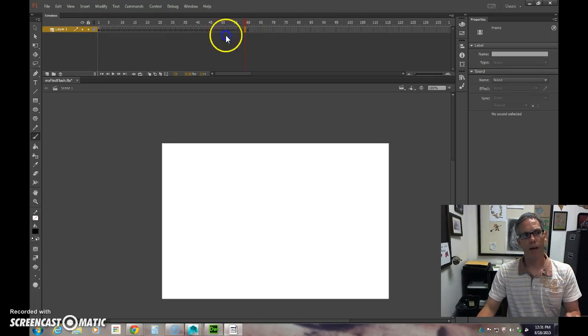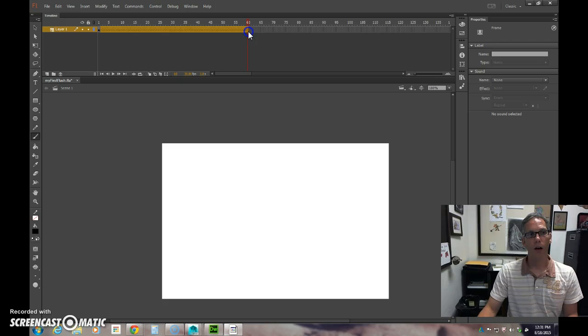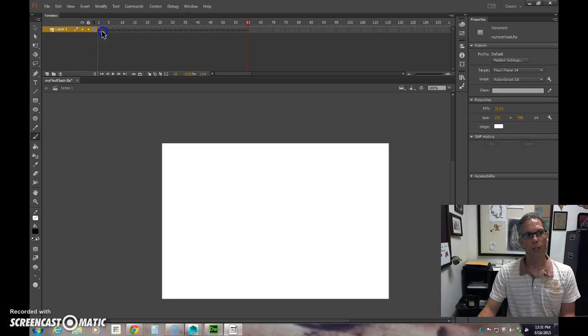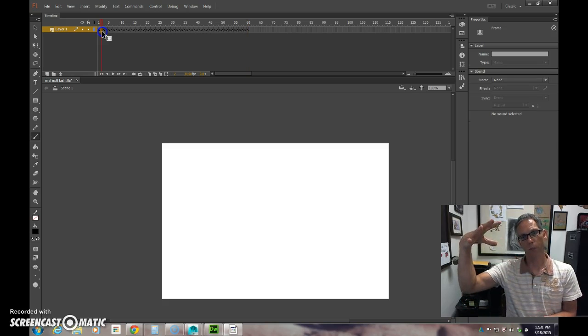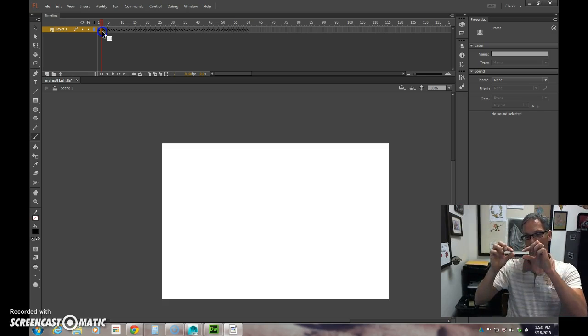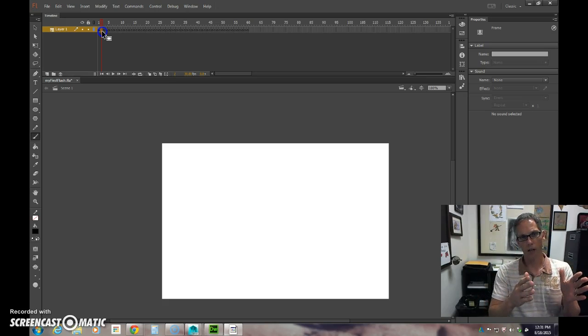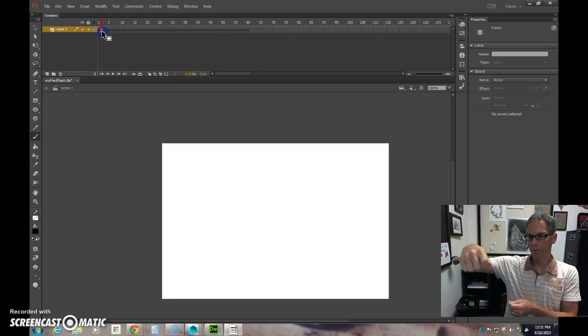So once I have these frames converted to blank keyframes, what that does is it essentially is like stacking all these invisible pieces of paper, or imagine film with individual frames that you can draw into each one of those. And so essentially what I've done is I've just created 2 seconds of animation space. So if I was drawing directly on film, I would have 2 seconds of animation, 60 individual frames to draw